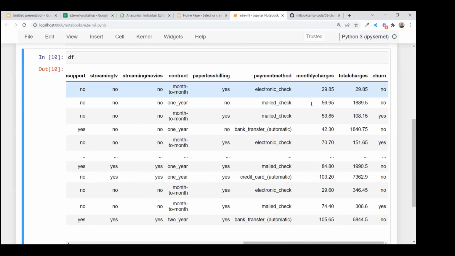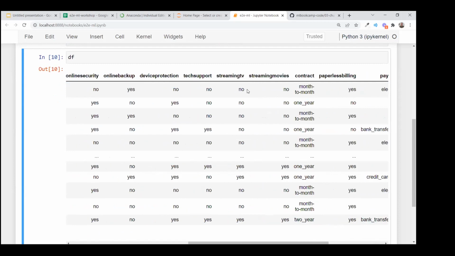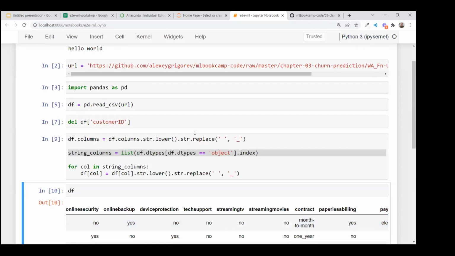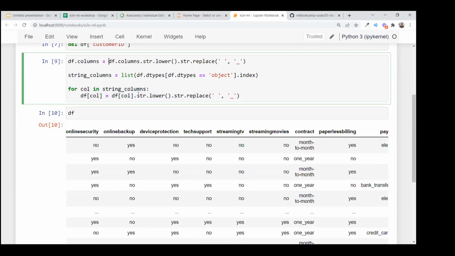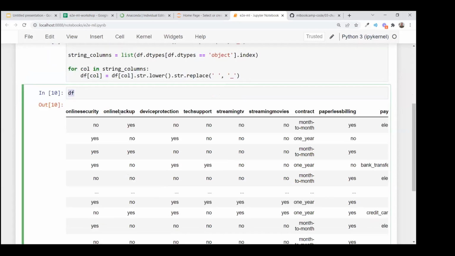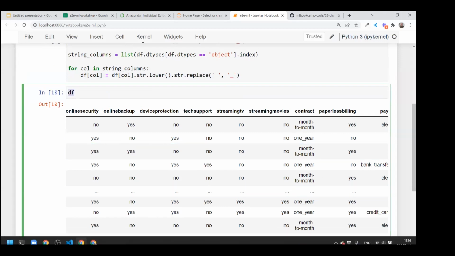These are numerical values. But for example payment method, streaming movies, contract, they are strings. So first we need to identify them and then do the same thing like we did here. We basically lowercase everything and replace spaces with underscores. So now it's consistent. Well, it's better.